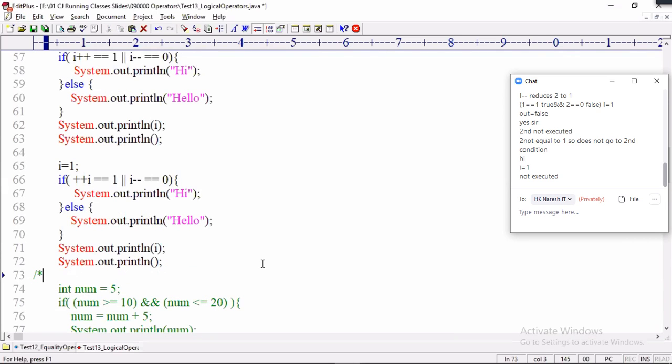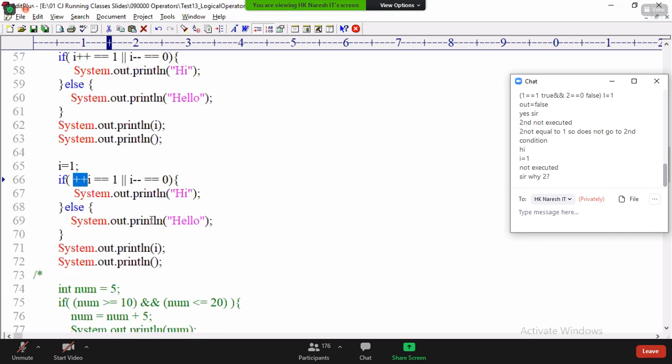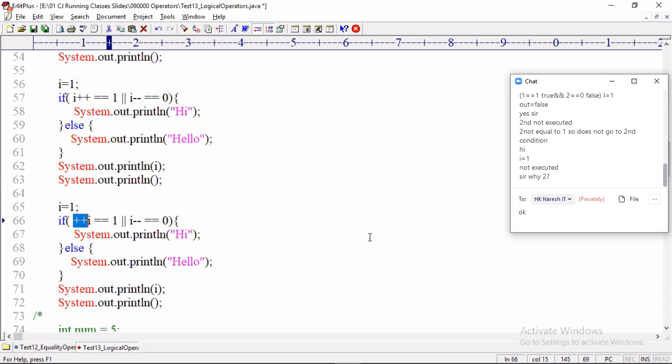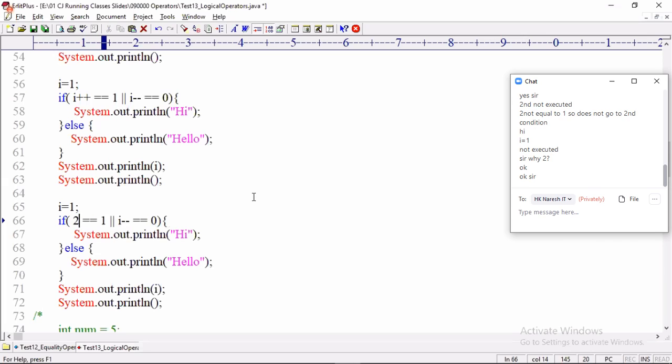Here, the plus plus sign, i is incremented, right? Plus plus i value is 2.